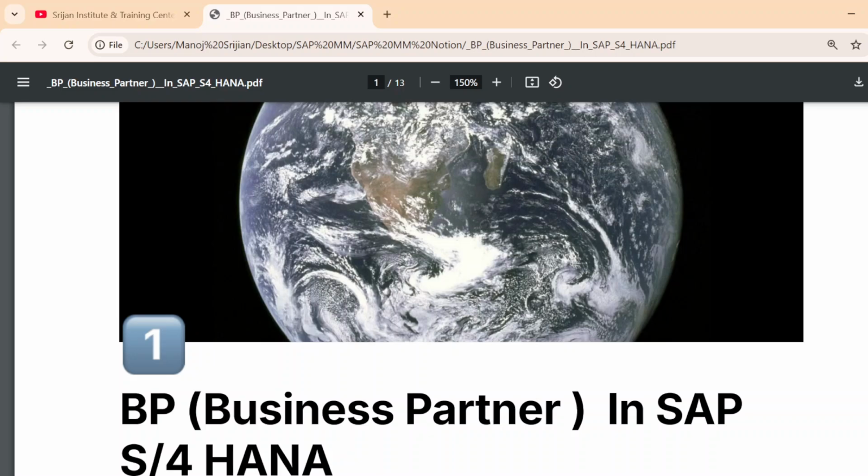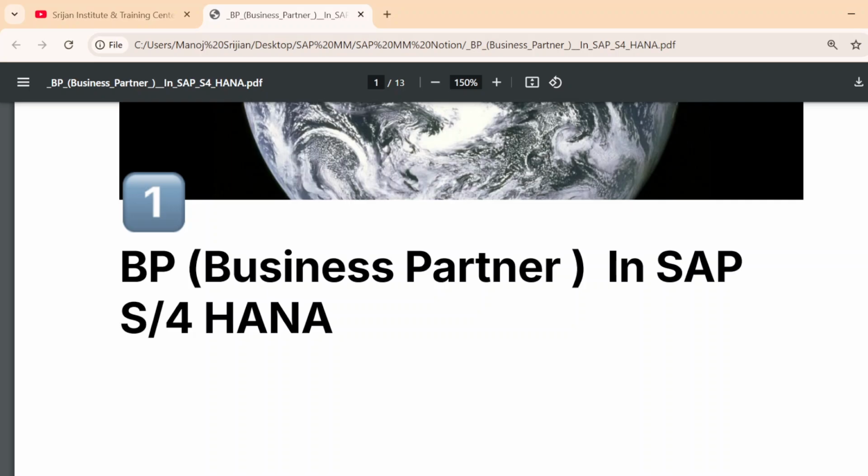So in SAP S4HANA there is no need to create a separate customer or vendor. For all, the same T code is there, and that's a BP, right? So we will see that BP in SAP S4HANA, and that's the major difference between ECC and S4HANA. Mostly 90 to 95% of the concepts are the same in ECC and S4HANA, even though the screen looks alike in both cases. But that's the major difference.